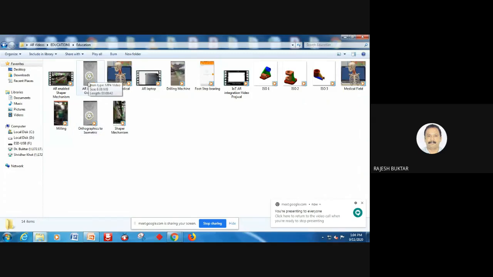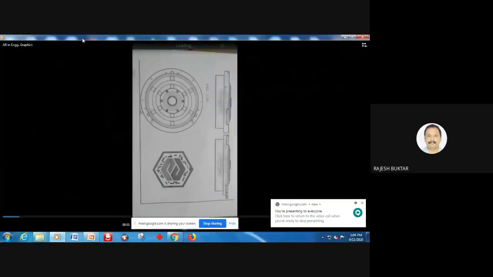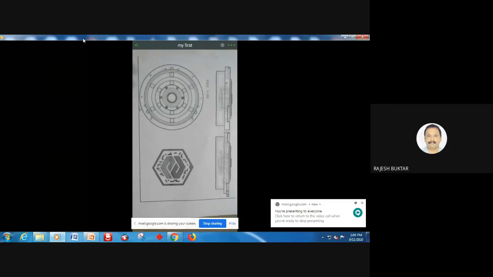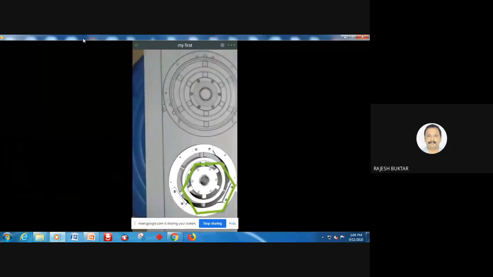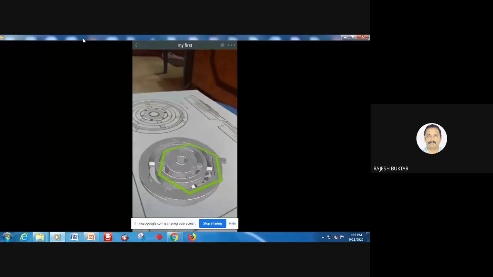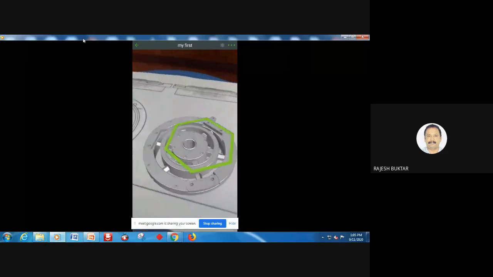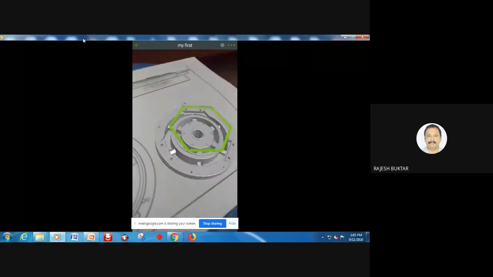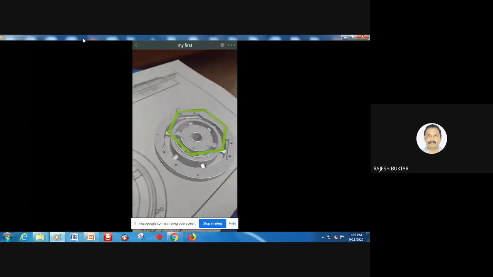So this is the first video I'm showing you. So you can see here these 2D views from which the 3D model is to be imagined. So that is a thing mark. You scan it and you will get that 3D model there. So you can get the 3D model there and there itself. That is the beauty of this technology. That is what I said, anytime, anywhere, 24/7.